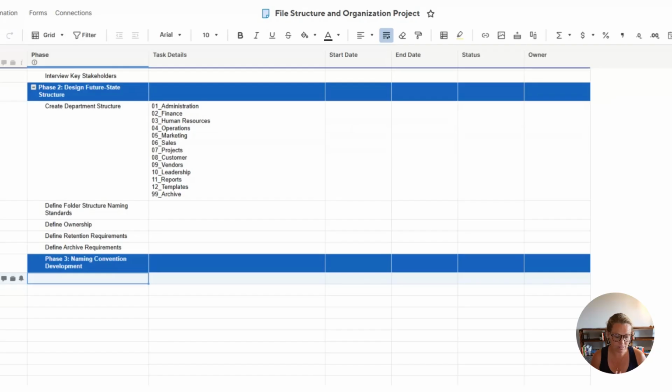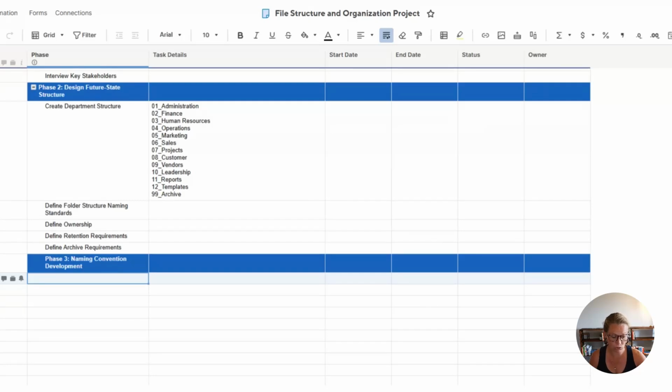But the objective is to ensure you have consistency across all of your files. So an example of this would be the name of the document, the version that you're in, and a date, if needed. So make sure that this does not include any special characters, no personal initials, consistent dates, and